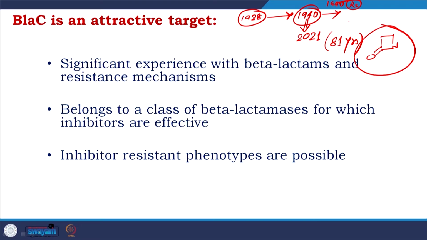So, once you modify the lead and get success against the resistant ones, it would contribute significantly towards development of new generation therapeutics. But at the same time, as I told repeatedly, you have to remember that we are designing this drug in the current era where a little mistake will help bring the resistance. So, you not only need a potent inhibitor of beta lactamase, you also need to take considerable strategies so that the bacteria or nature cannot fight back and develop a resistant variant against the drug